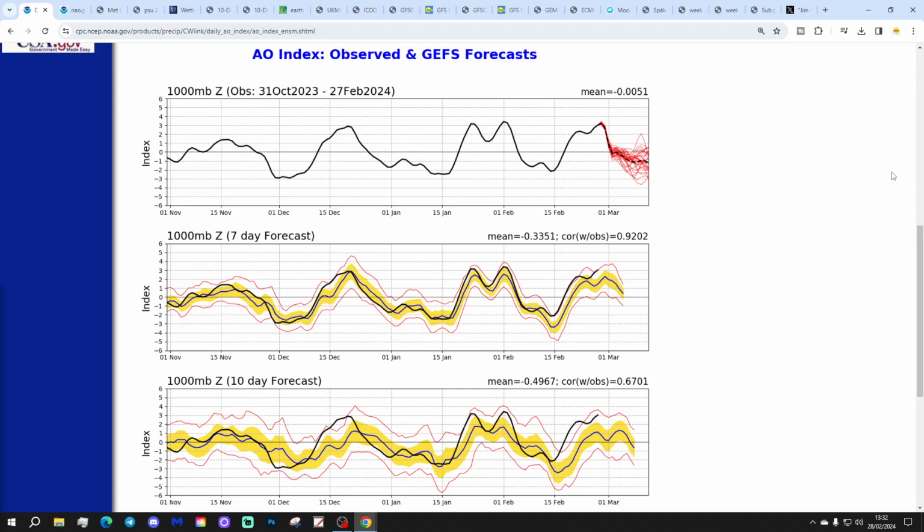I'm going to begin with the Arctic oscillation observed and forecast, I thought, for this one. Haven't looked at that for a little while. So the AO is currently in a very positive state. The black line here shows where we've been with the Arctic oscillation, red lines at the end where the GFS Ensembles are forecasting the Arctic oscillation to go. So the AO is currently in a very, very positive state, around +3 by the look of it.